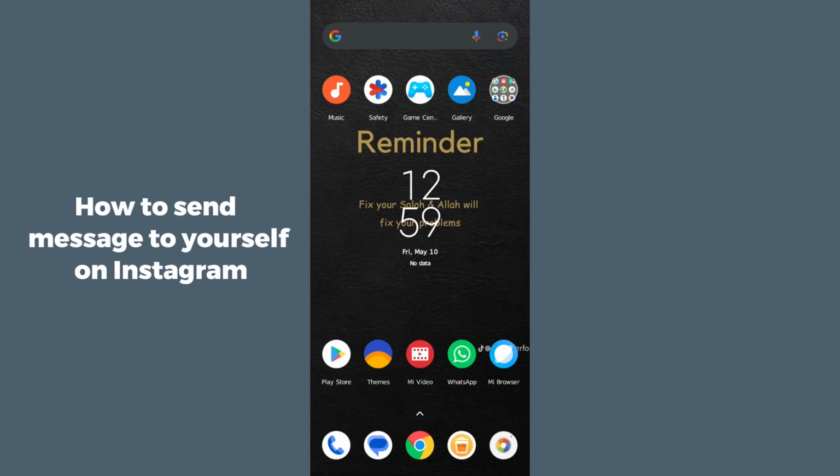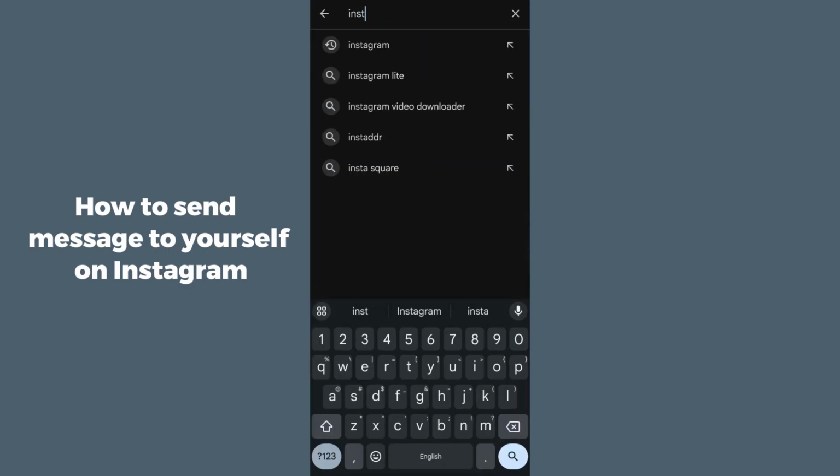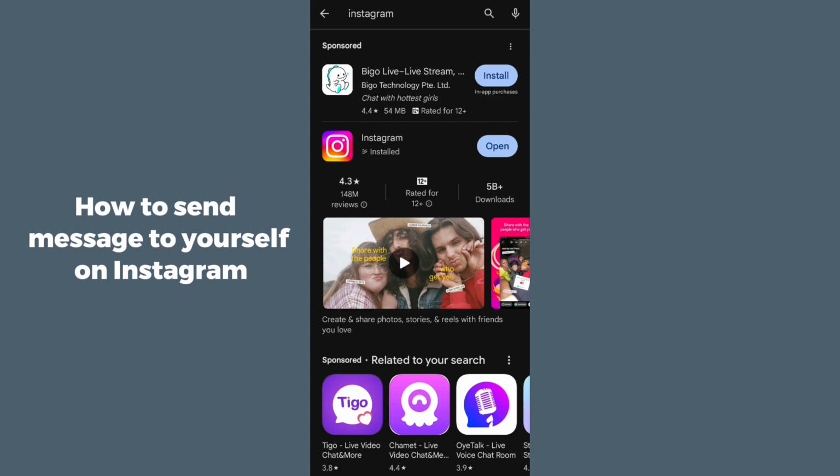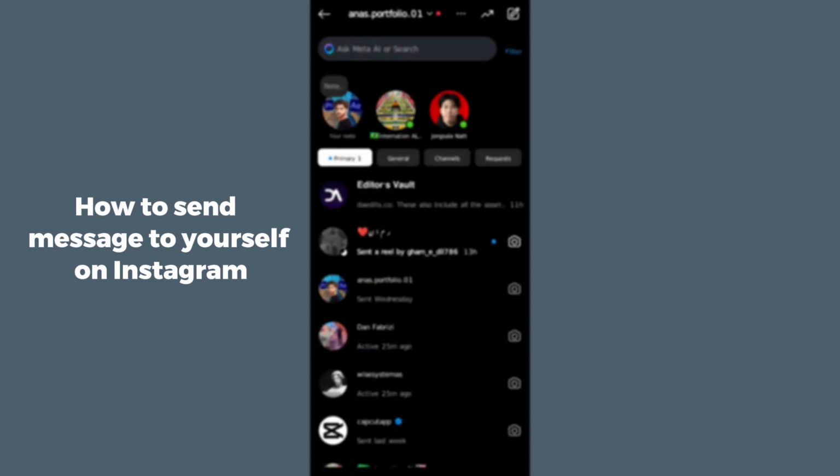So what you have to do is simply open up Play Store first and search for Instagram. After searching for Instagram, you just have to check whether there is an update available. You must update your Instagram because this feature will work on the latest version of Instagram. After that, you have to open up your Instagram account, and in this account, you